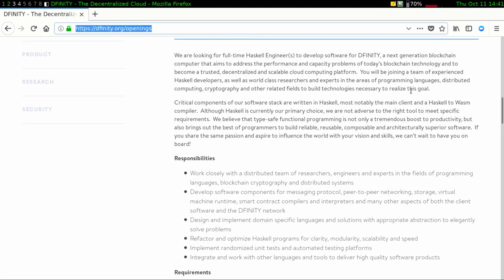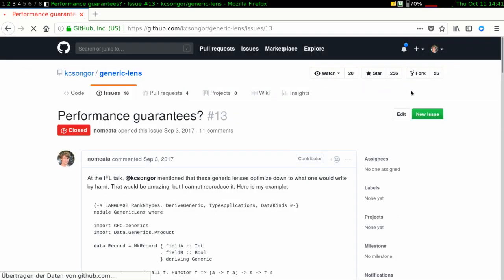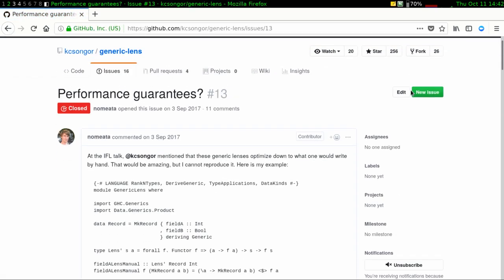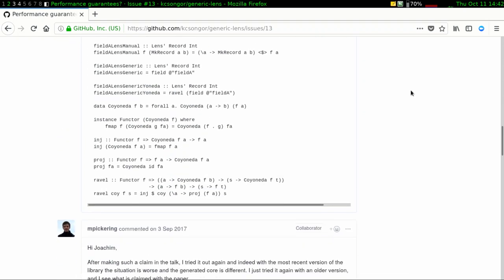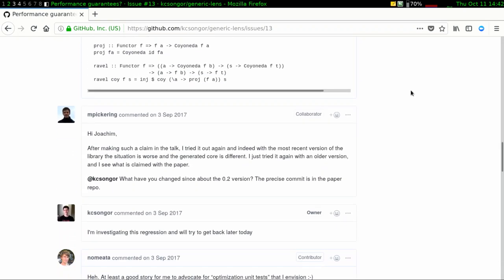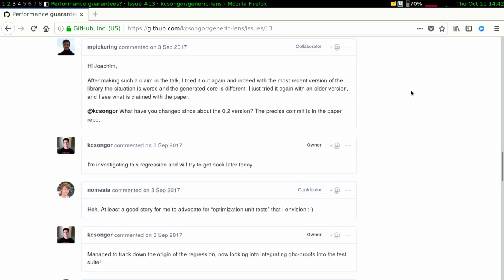So I went to Matthew and said, hey, how can you claim all these things? Look at this example. It doesn't work. And then Matthew said, I don't know. When I tried it, it worked. Tsongo, what did you do to the code? And then Tsongo said, oh, let me have a look. Oh, yes, I found it. Here's the problem. And he released half an hour later